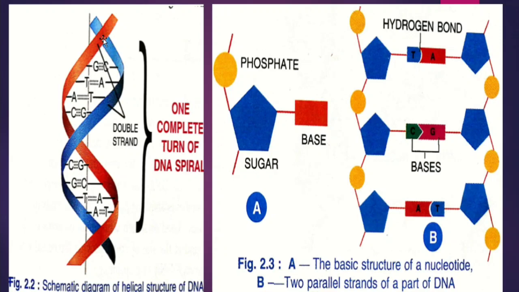Here we are going to see the single strand. It has one phosphate, and that phosphate is attached to the sugar, and the sugar is attached to the nitrogenous base, thymine and adenine, and this thymine and adenine are joined by a double bond called hydrogen bond. In this way the phosphate, sugar, and base are connected with each other, forming the double helical structure of the DNA.